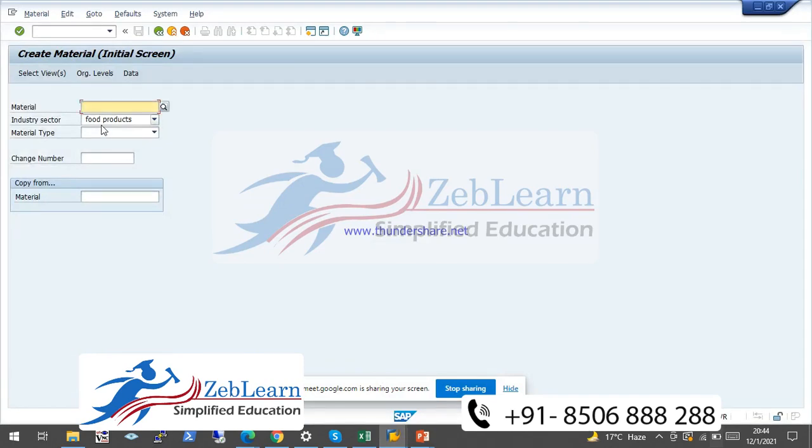Once we click on the MM01 or create material transaction menu, here some fields are available in this screen.